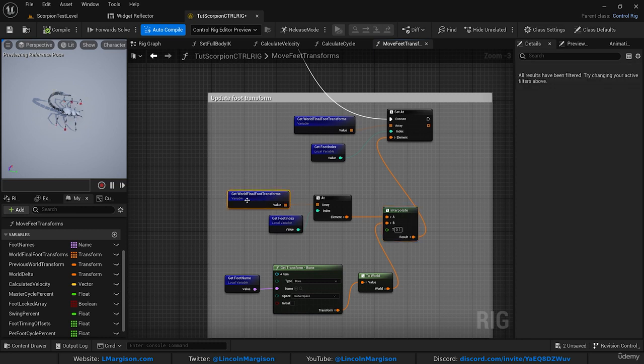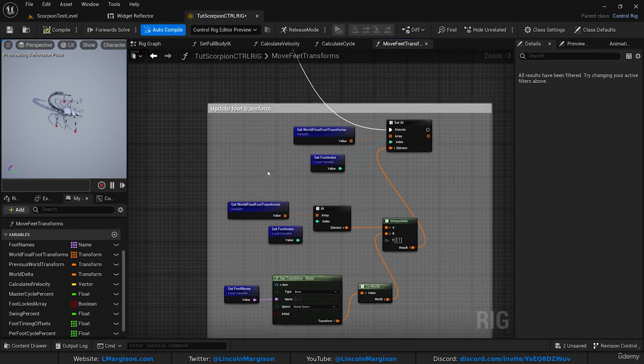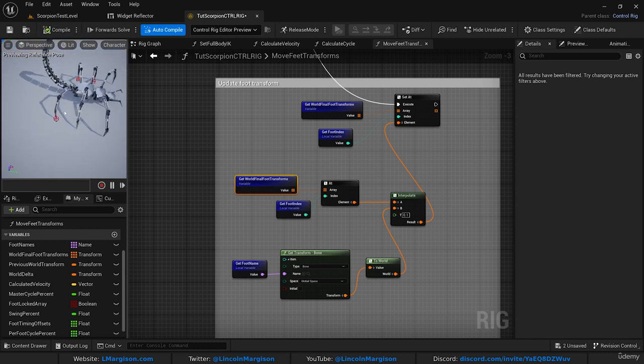So we're not going to use the world final foot transforms. We're going to use the locked position. So then we can do a smooth interpolation. We have more control of the blend between where it is from where it started to where it wants to be. Because currently we're just constantly updating this value, and we kind of lose track and lose a reference to where it was when it first lifted off the ground, which makes it a little bit more complicated for doing things like making the feet lift up as they're halfway through the path